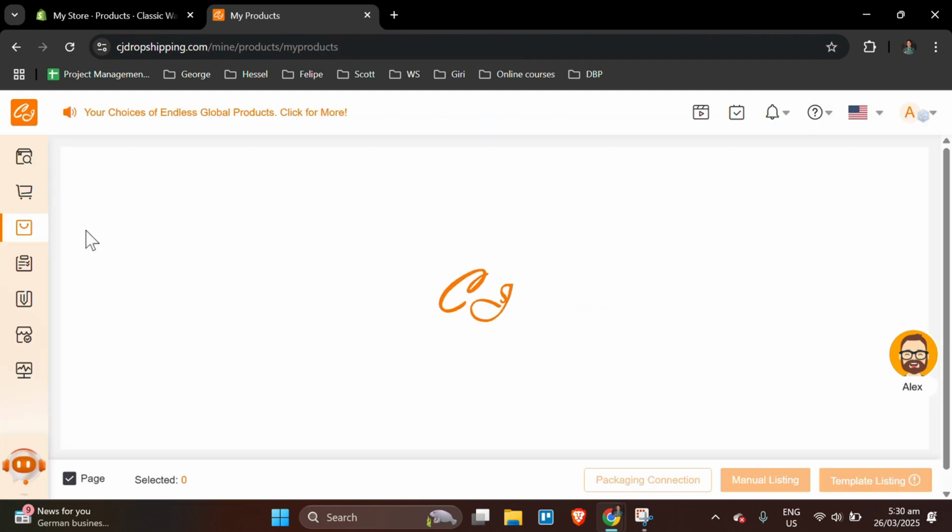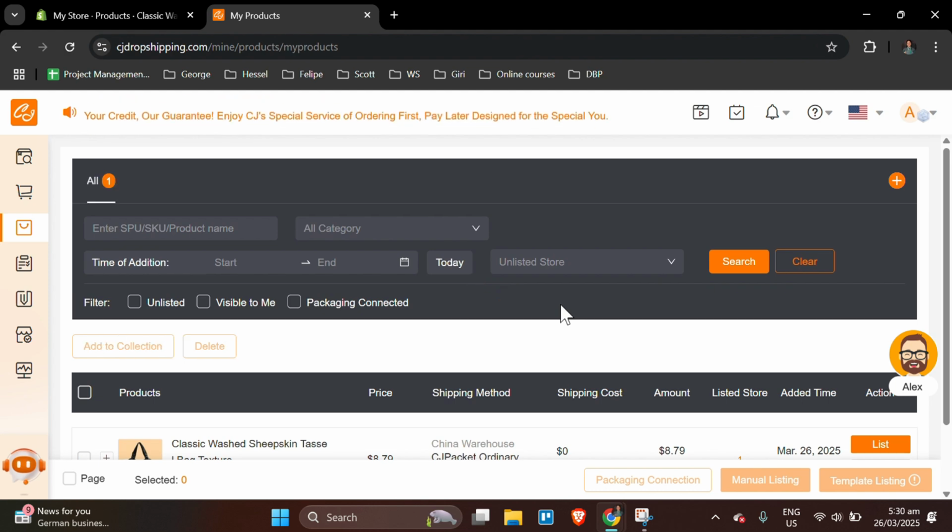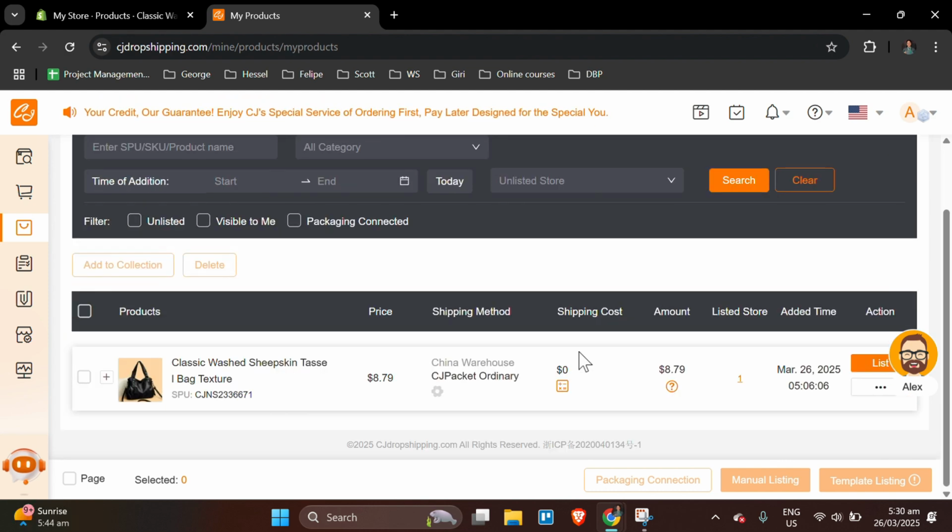Now that you know how to dropship from 1688 onto Shopify, you are ready to start sourcing products directly from 1688 and listing them on your store. By using CJ Dropshipping, you can easily import products, customize your listings, and set your prices without holding any inventory. CJ Dropshipping also automates the fulfillment process. So when a customer makes a purchase, the product is shipped directly from the supplier to the customer. The integration between Shopify and CJ Dropshipping ensures that orders are automatically synced,